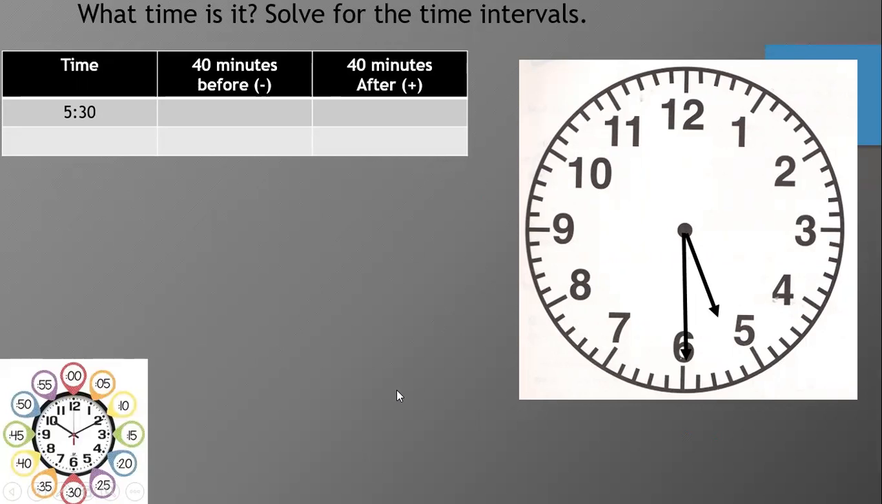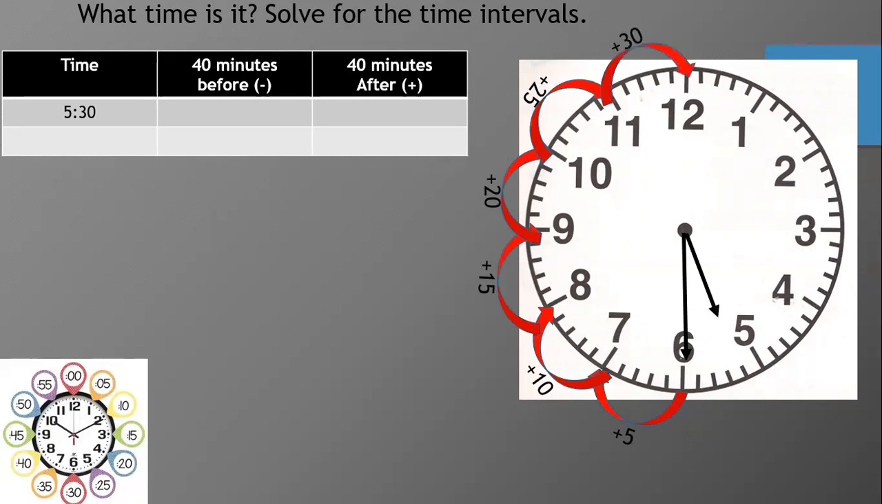So let's begin. We're going to always start with after, for me, just because it's easier. So I have 5:30, counting in increments of 5, we have 5, 10, 15, 20, 25, 30, 35, 40. Okay, so we end up here. Let's count. 5:30, 5:35, 5:40, 5:45, 5:50, 5:55, 6 o'clock,